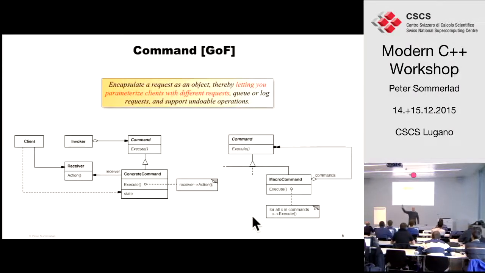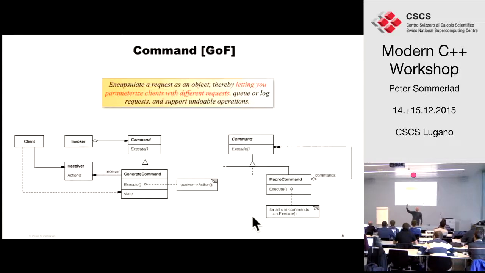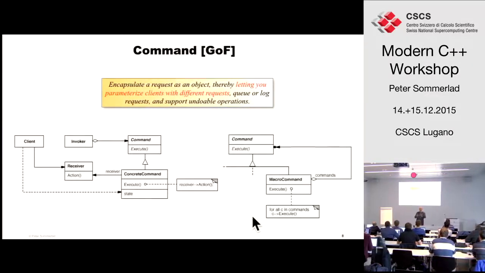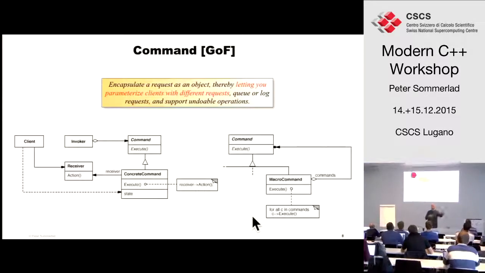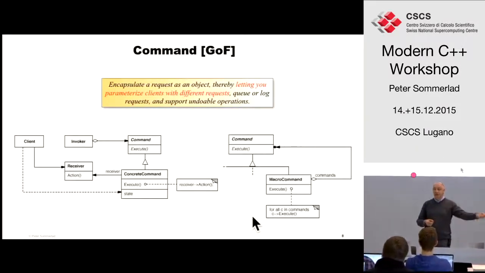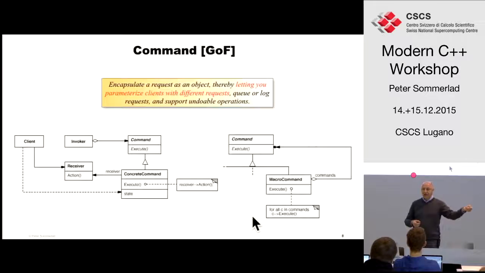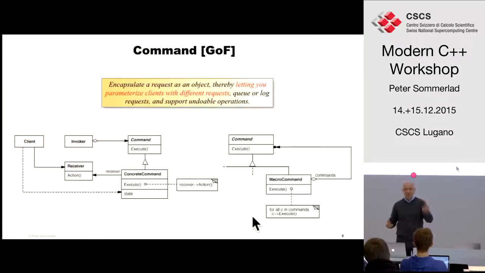Anybody used a function pointer or a function object so far? You all applied the command pattern because you passed a piece of code around as data and later on used that piece of code, that data object, and called out to that piece of code. That's command. Passing some stuff that you can call around as an argument somewhere.